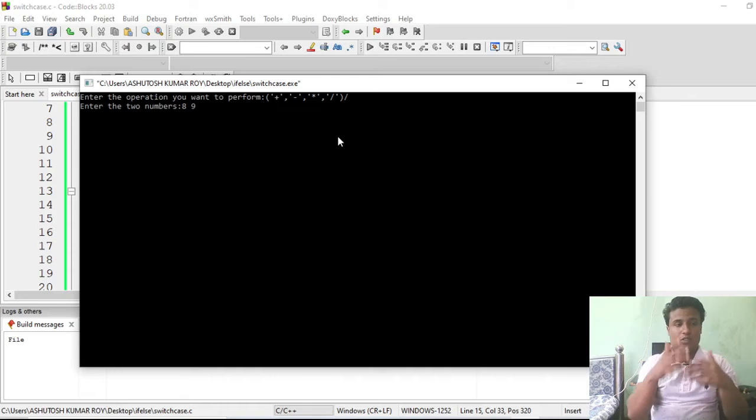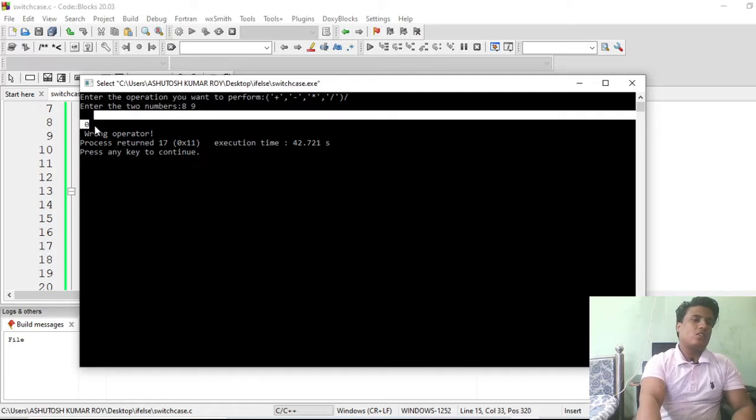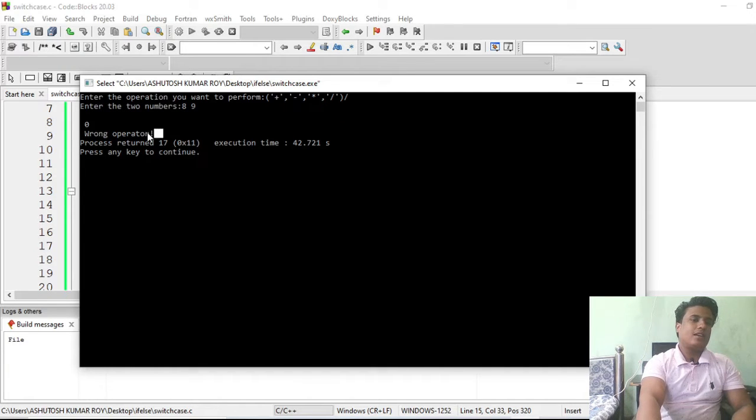Okay, so this is also the general rule of writing the cases. So suppose if you write the division first, then it will print all the statements after that division case too. But you are entering it in the last case, so it will skip all these cases until this case is true, that is the division case. Then it will execute the division case and the default case. So let me show you that. Okay, you are seeing that all other cases are not operated, only the division part and the default case.